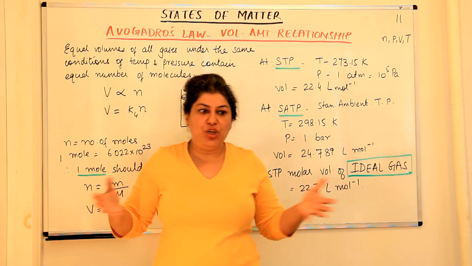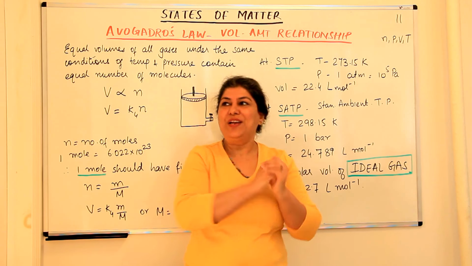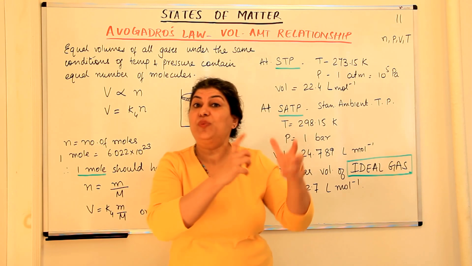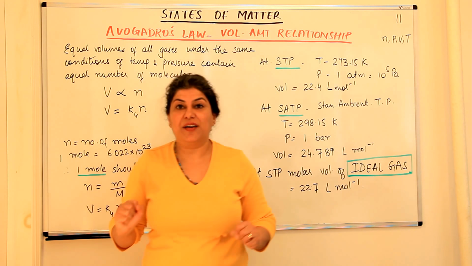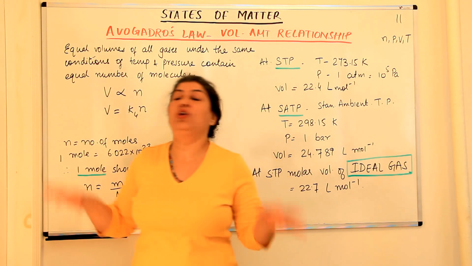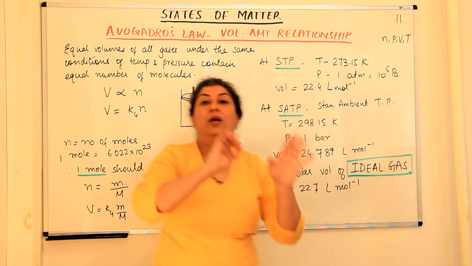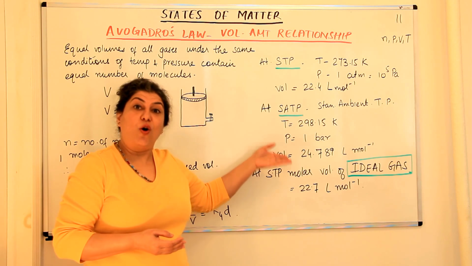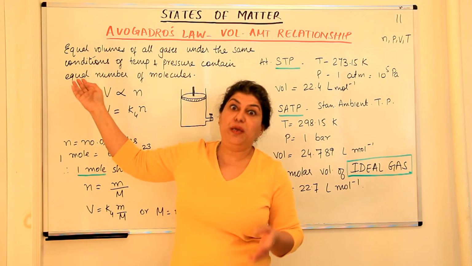Is it possible? When you are in the playground, you might have a fight with a kid, you might like another one, you might be attracted to a third one. So there are other interactions which are going on. It's not just bombardment with the walls of the container. That is, molecules will not bother about the other molecules. Children in a playground will not look at other children. They will only go to the corners and hit the boundaries. That never happens. So this is what Charles' law, Boyle's law and Avogadro's law assume, children to be ideal,